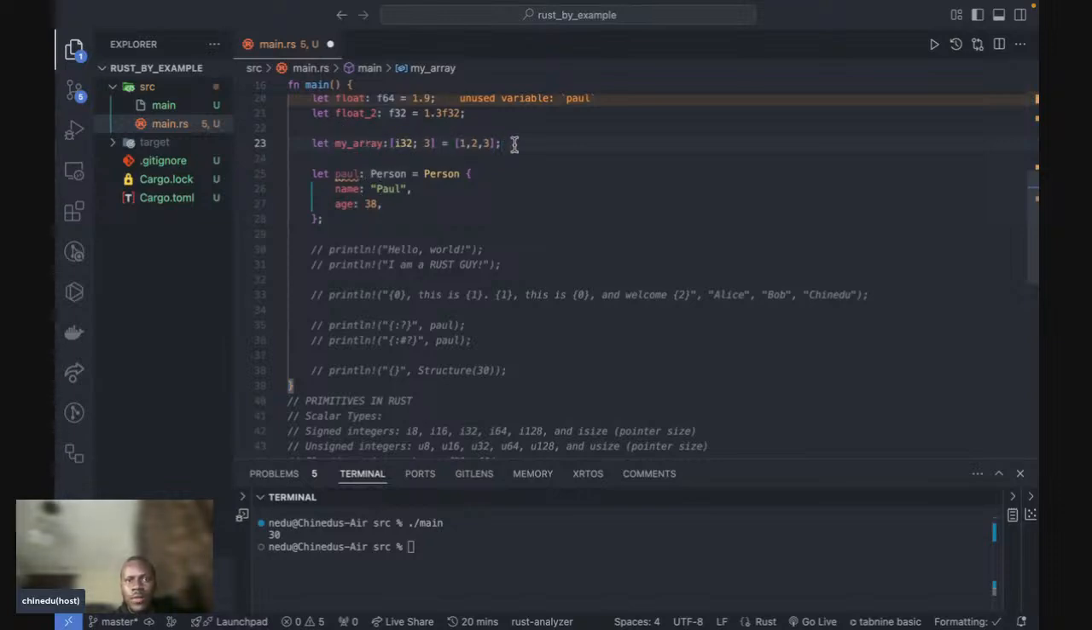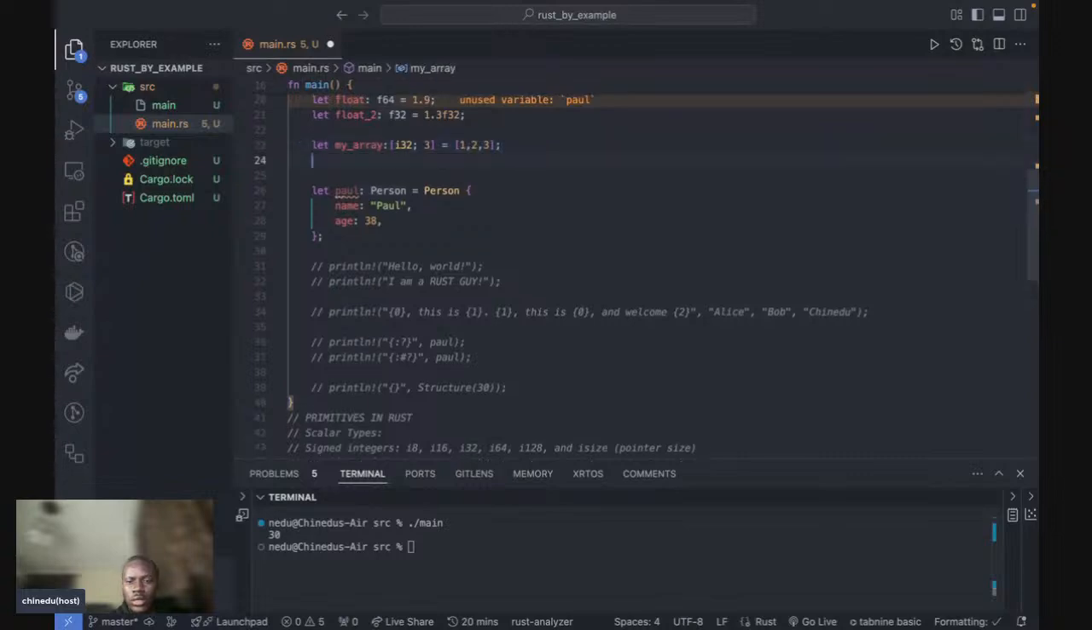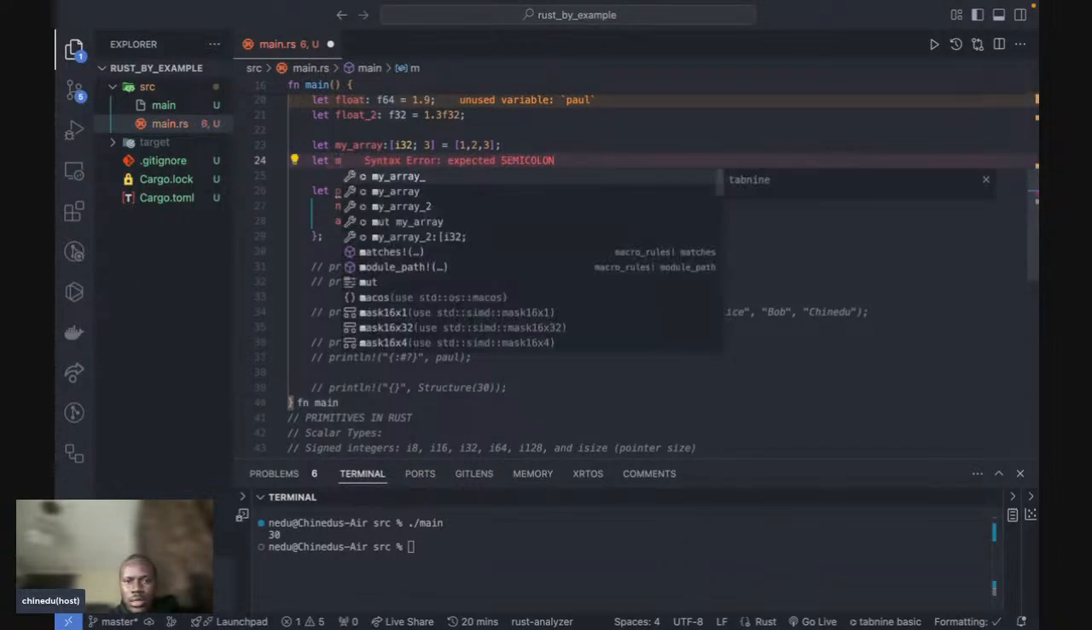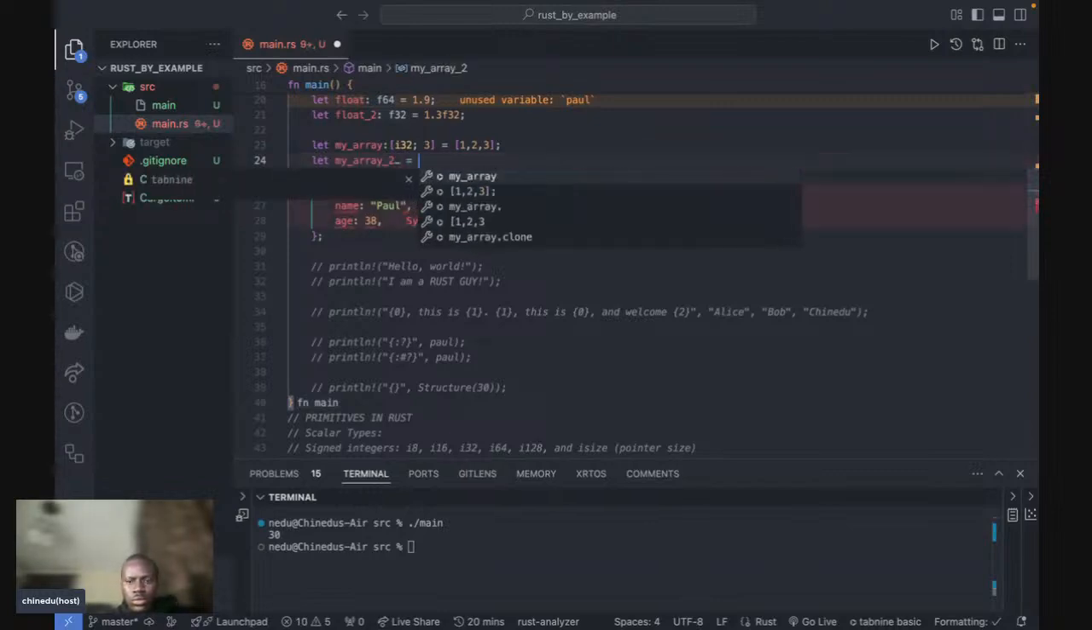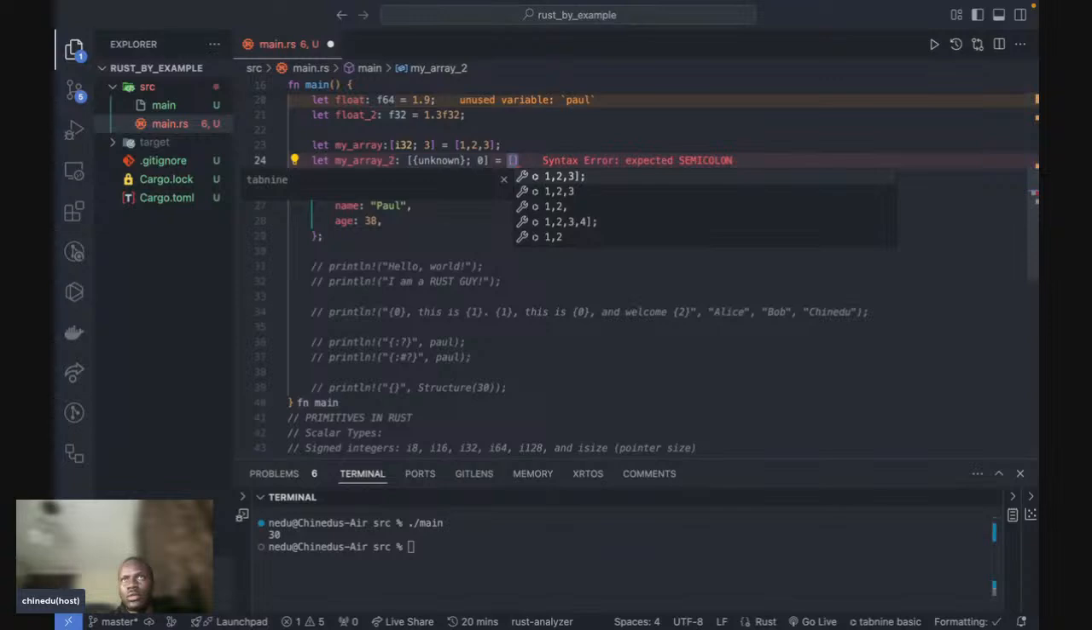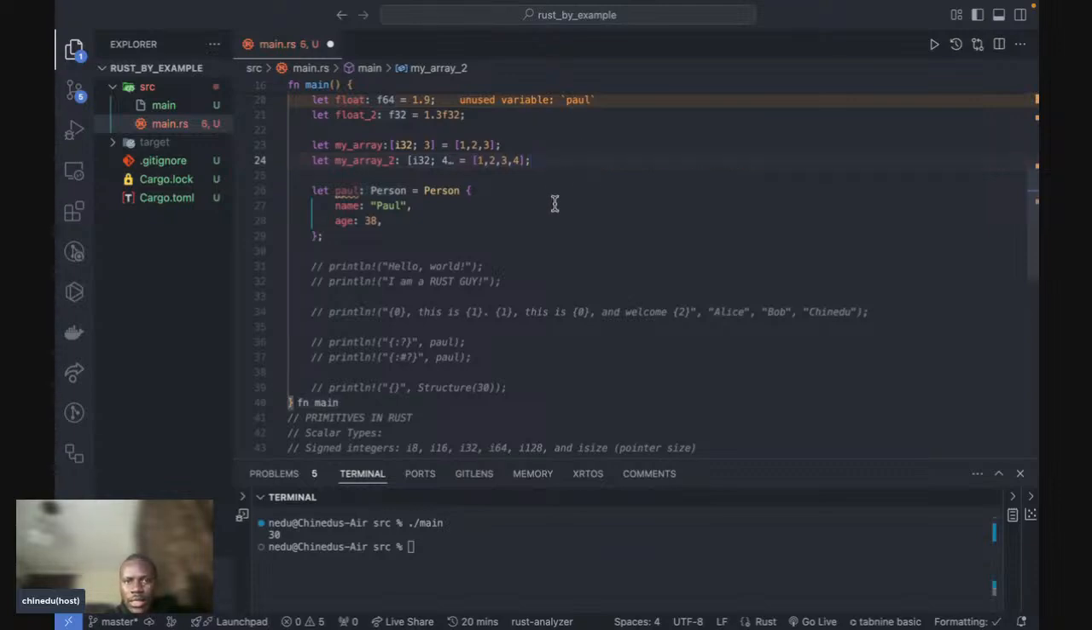And if I print this, I'll get 1, 2, 3 in my terminal. I can still duplicate this, or I can go ahead and say let my array 2 be equal to, I can say 1, 2, 3, 4. As you can see, Rust Analyzer is already suggesting it for me. Rust Analyzer is saying that I have types of I32 inside my array, and I have 4 of those values in that array. If I go ahead and add something that is not an I32, it would break. So if I add something like true,